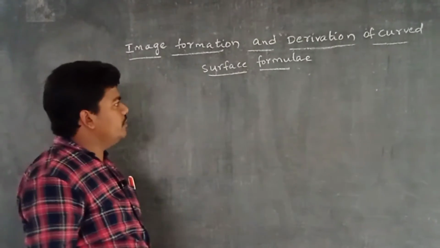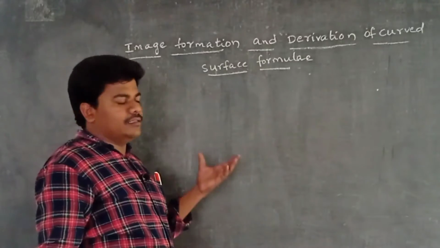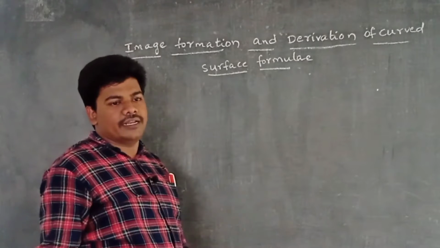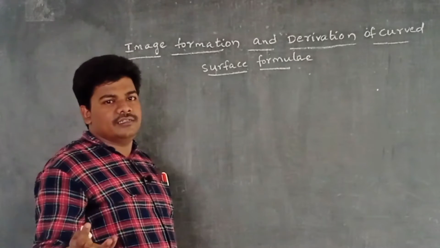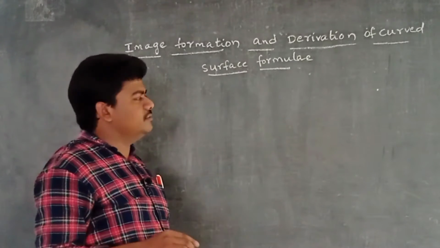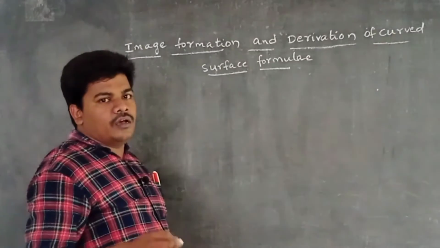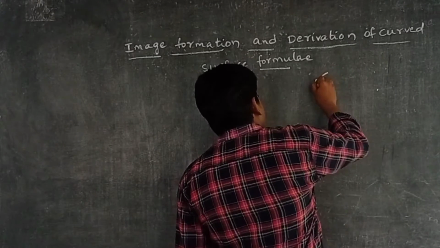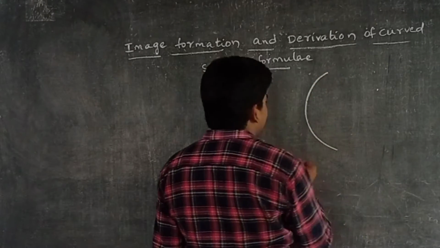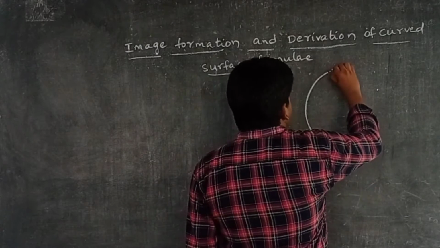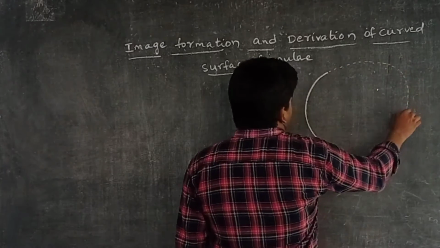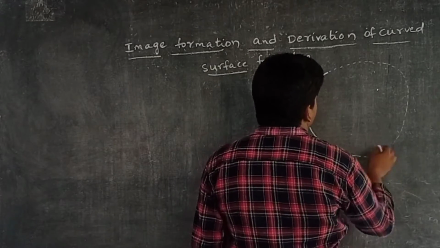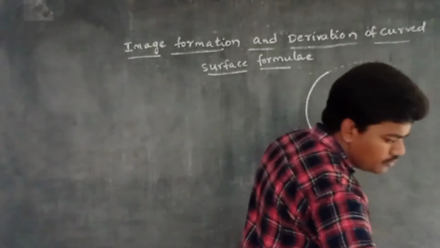In this topic, we have to know about the light rays which pass from rarer to denser and denser to rarer. We already know from the previous classes about the refraction of light at plane surfaces. Here we discuss curved surfaces. For example, this seems to be a sphere. If we cut the sphere into